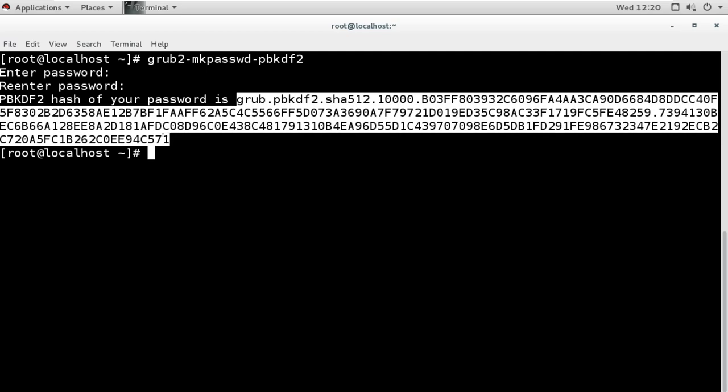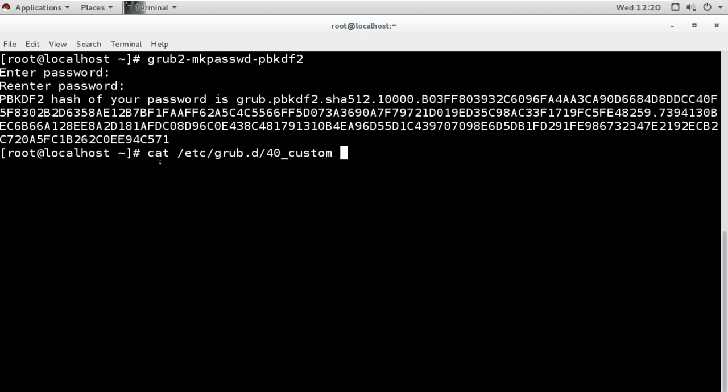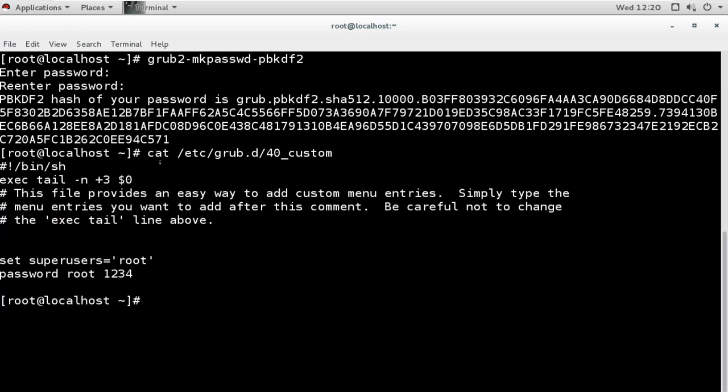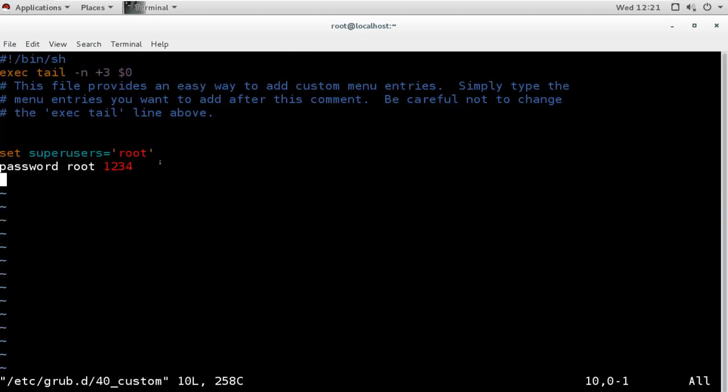Now we can use this hash in this configuration template file. So we can copy the hash from here, then open the custom file. Now in the custom file, instead of using this simple password, I can use that hash, so I will remove this.